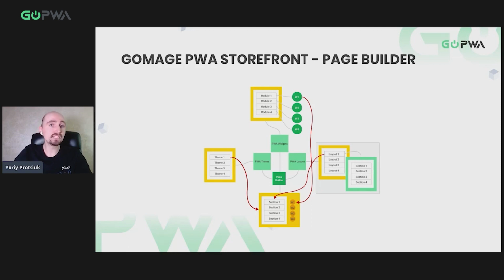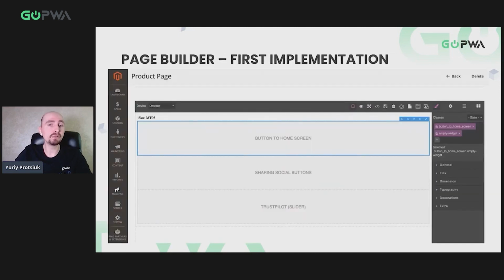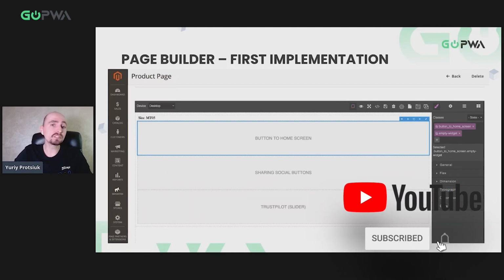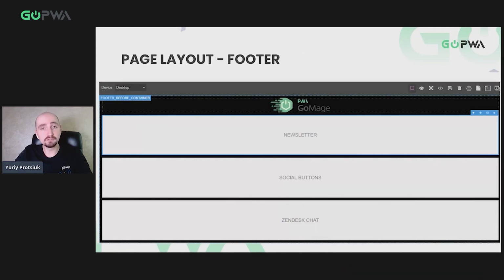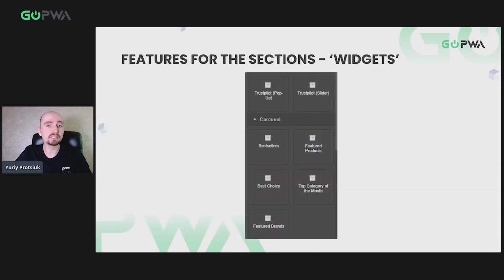So initially, we went with a page builder based on Grapes.js. It was a free open source project that met all of the requirements at the moment, from content creation on CMS pages to applying content and features to dynamic pages based on our design management system hierarchy. So you can use the builder to modify layouts, such as a footer, and drag and drop specific sections to your layouts, which are also basically widgets that can be added to your layout, and thus creating the perfect PWA